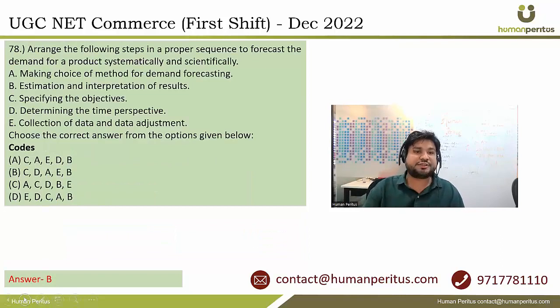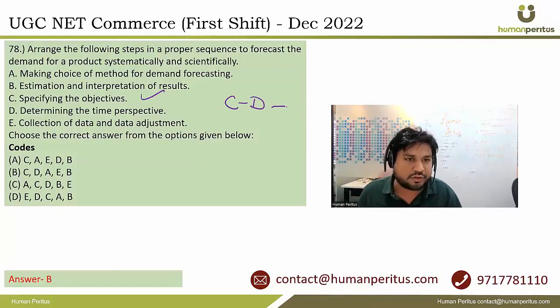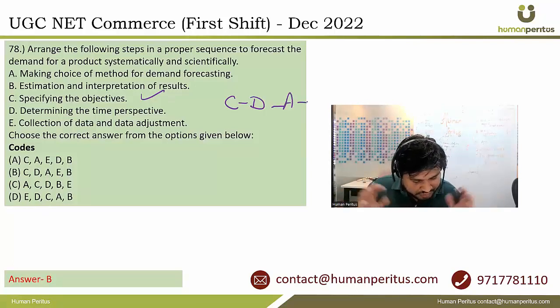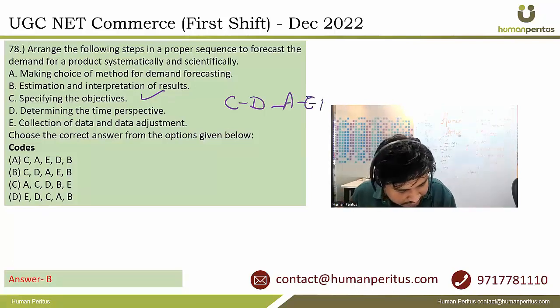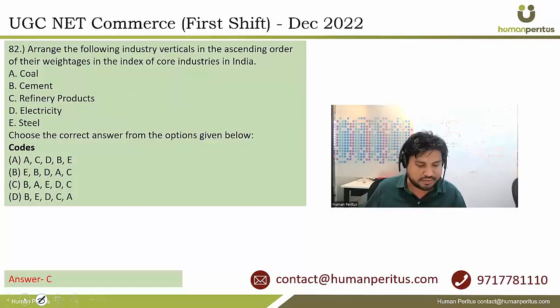ठीक है, आगे बढ़ते हैं, नेक्स्ट क्वेश्चन पे आते हैं। अरेंज द फॉलोइंग स्टेप्स इन अ प्रॉपर सीक्वेंस टू फोरकास्ट द डिमांड फॉर अ प्रोडक्ट सिस्टमेटिकली एंड साइंटिफिकली। बहुत ही एकेडमिक क्वेश्चन, एकेडमिक आंसर है इसका। पहला होता है स्पेसिफाइंग द ऑब्जेक्ट, सी। फिर होता है डिटरमाइनिंग द टाइम पर्सपेक्टिव, डी। फिर होता है मेकिंग चॉइस ऑफ मेथड फॉर डिमांड फोरकास्टिंग, ए। फिर होता है आपका कलेक्शन ऑफ डेटा एंड एडजस्टमेंट, ई। और फिर होता है आपका फाइनली रिजल्ट, बी। तो सी डी ए ई बी ऑप्शन बी में दे रहा है, और बी सही आंसर हो जाएगा।